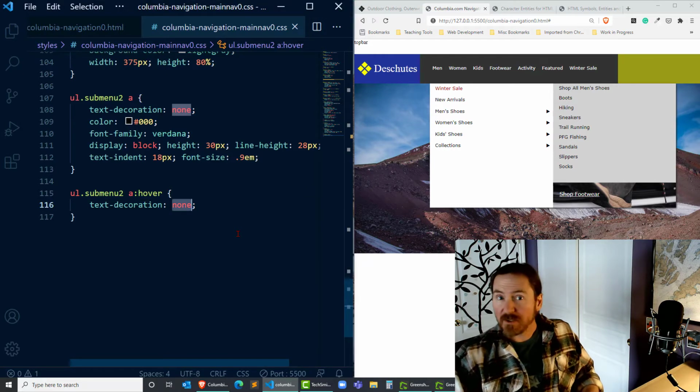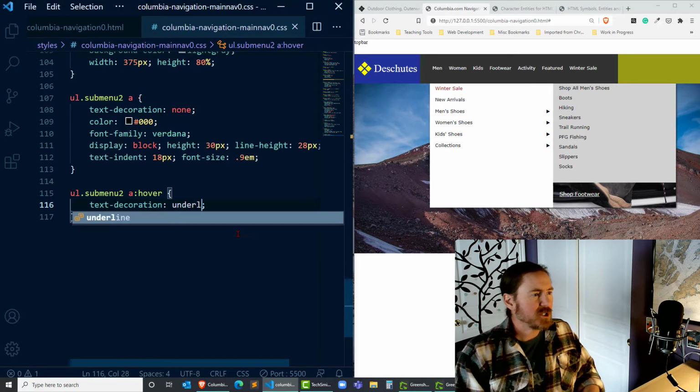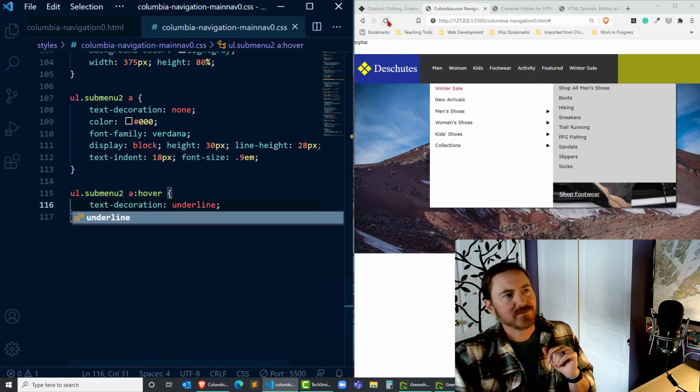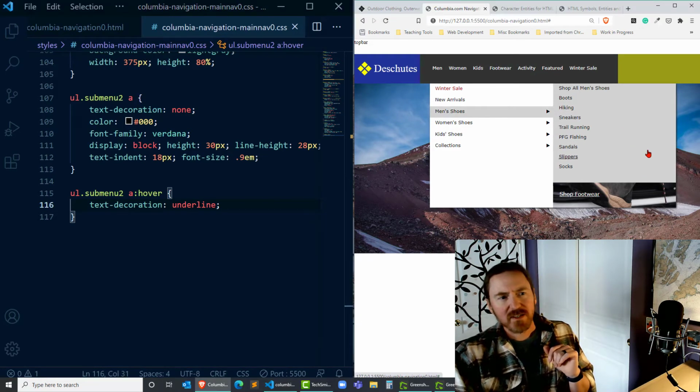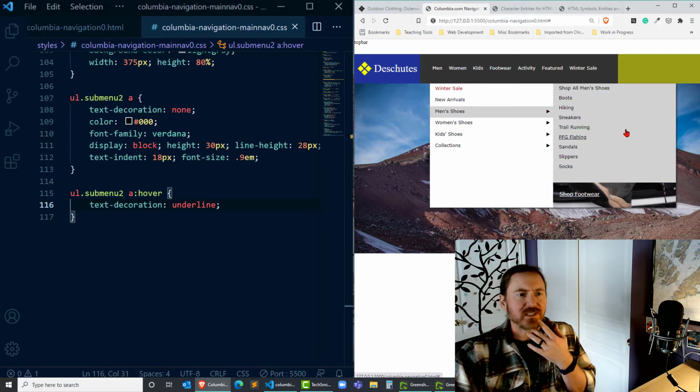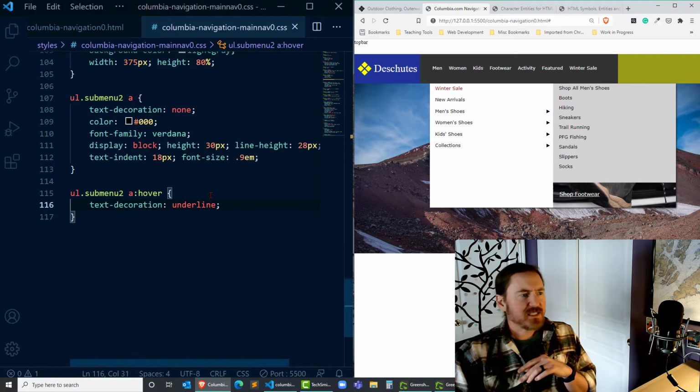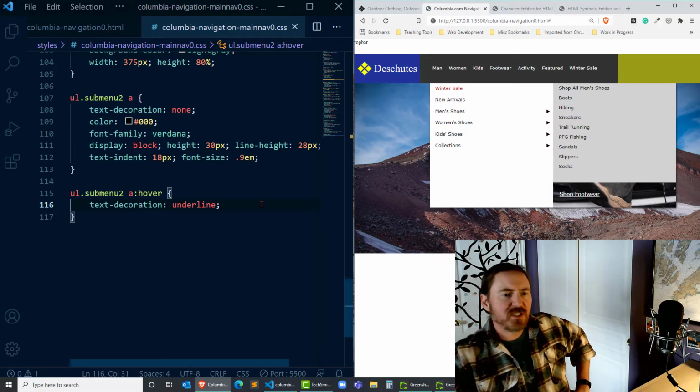That's because I don't want text decoration none, I want text decoration underline. There we go, now we're getting those underlines showing up. Well, I'm pretty darn happy with that. You know what? Yeah, let's go ahead. We're only 20 minutes in here. We're doing pretty good. Let's see if we can